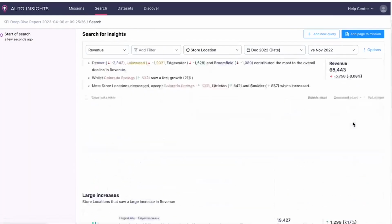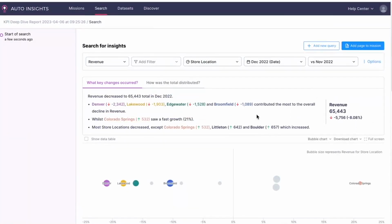So if you click drill down here, we can see some more information on store location insights. If my executive wants me to pop out a more granular report that focuses specifically on store location, Auto Insights makes it easy to customize your storytelling. We can actually add this page to our mission if we'd like, but I'm going to go back